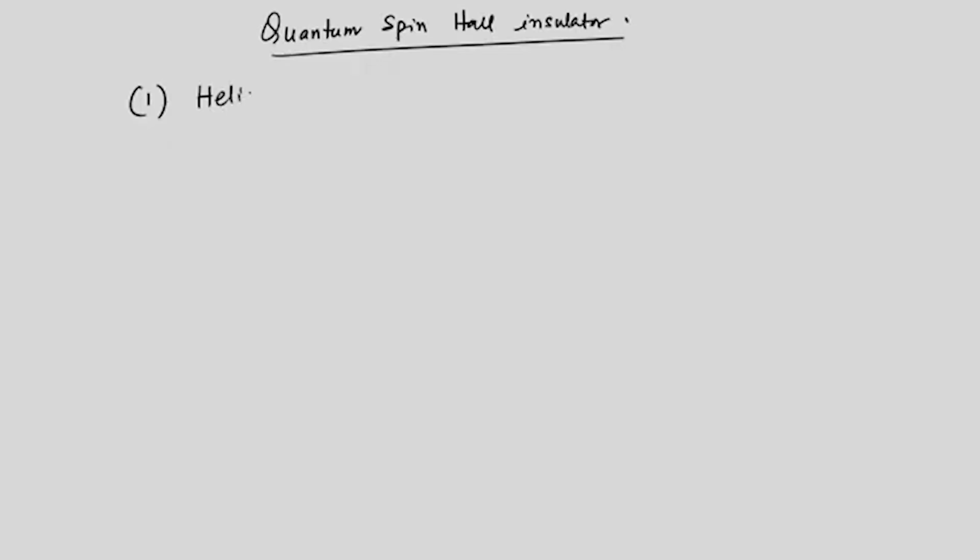And as I said, they will be characterized by a Z2 invariant. So, let me write down these 2 points. Helical edge states that are spin resolved and characterized by a Z2 invariant,